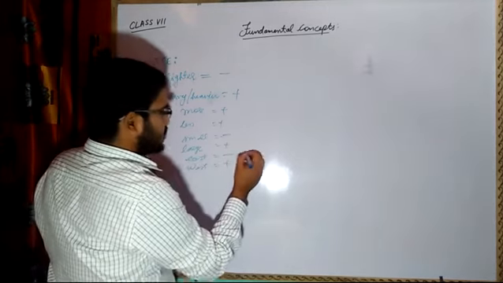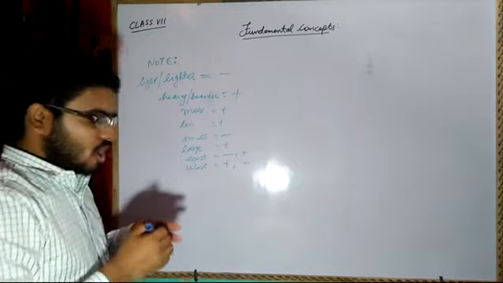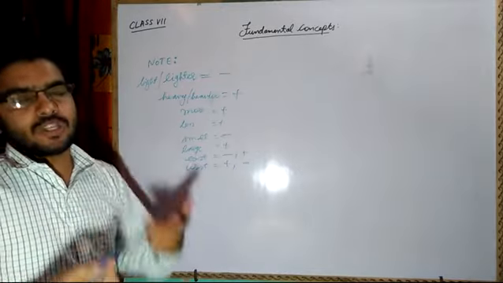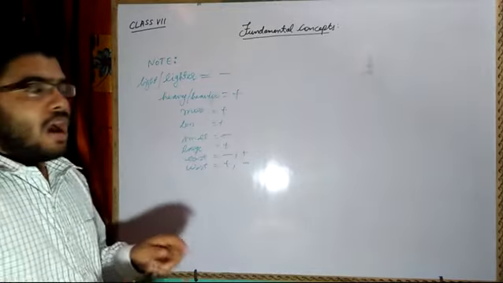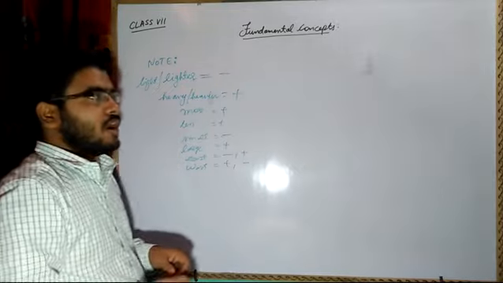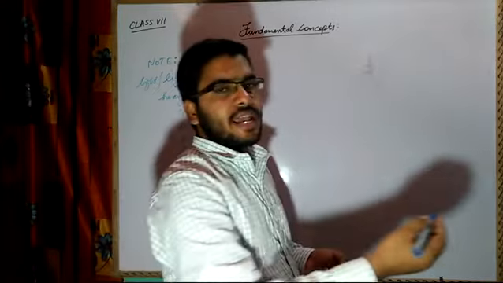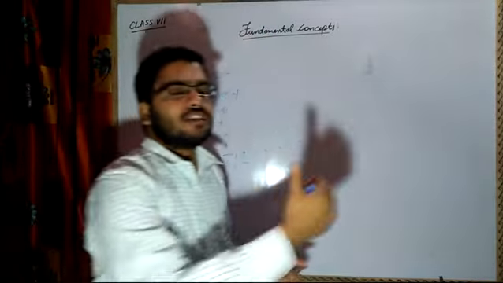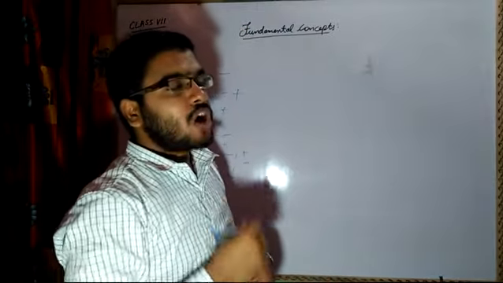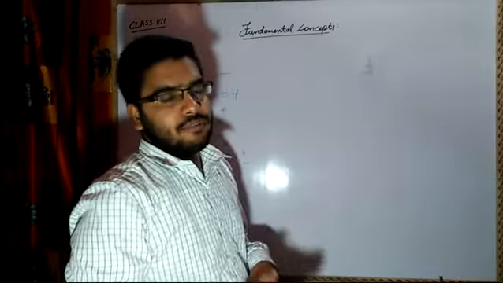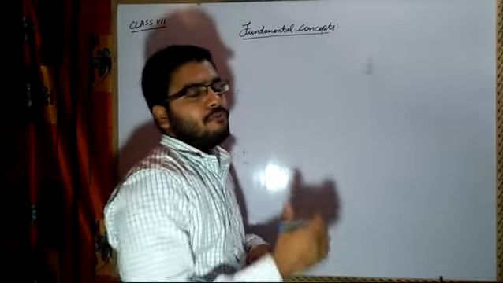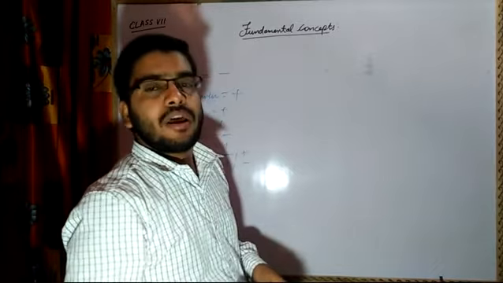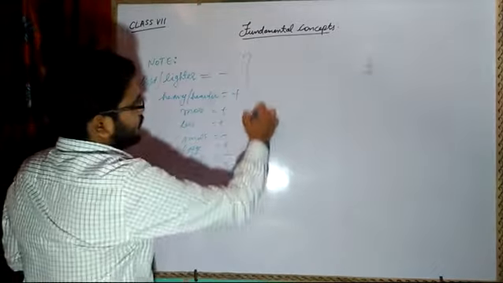If you want, you can take this also positive, this also negative, but your answer will not change, my dear students. It is just a convention. If you take east as positive, then you have to take west as negative. Opposite things you have to take opposite to each other. Suppose I walked 5 meters towards east, then you will say plus 5 meters. If I walk 5 meters towards west, then you will say minus 5 meters. Zero will be our reference point. I hope you may already know all these things.